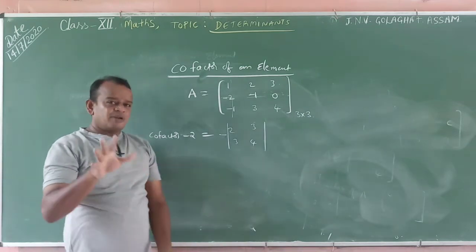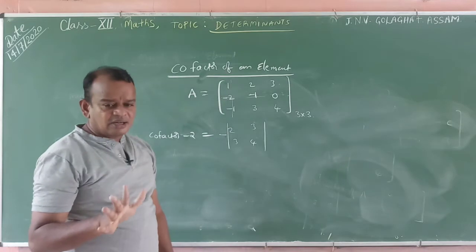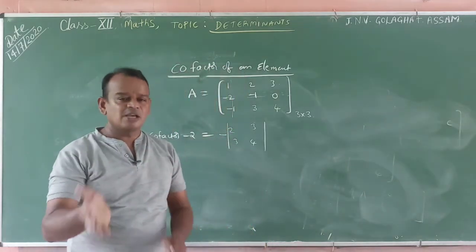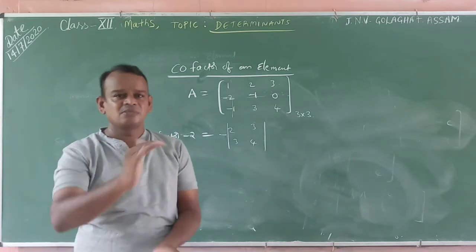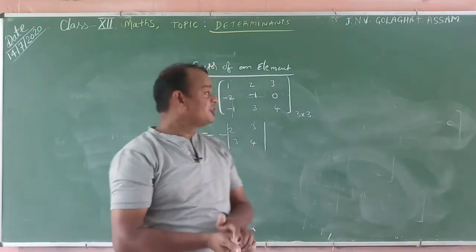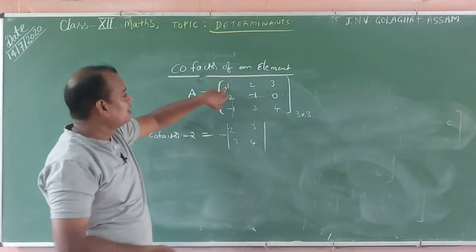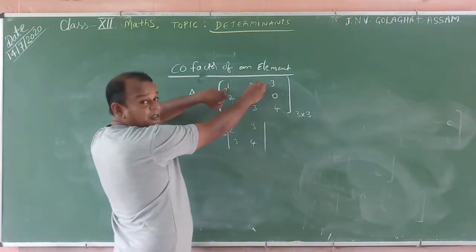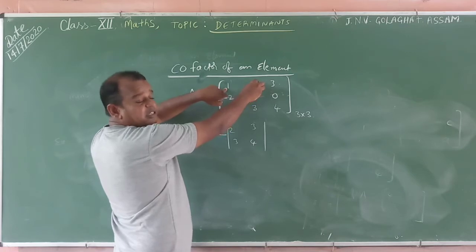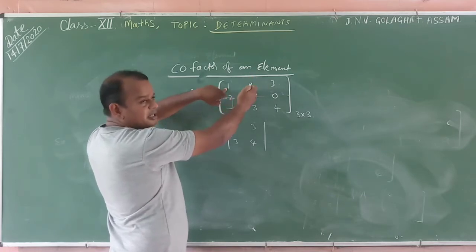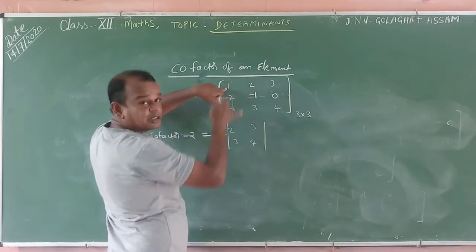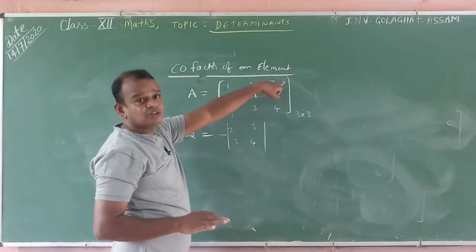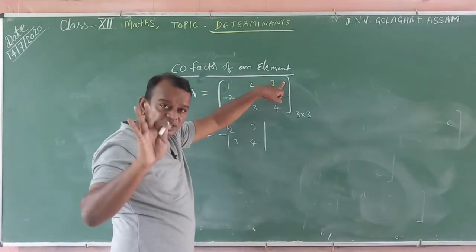In a 3 by 3 square matrix, the values of the minor and cofactor are the same, and some differ only in the sign. This one is the same because it is first row, first column. This is first row, second column, which is negative, so the cofactor is negative. Suppose the minor is positive, the cofactor is negative. If the minor is negative, the cofactor is positive. Understand or not? In this one, 1, 3, first row, third column, minor and cofactor are both the same.